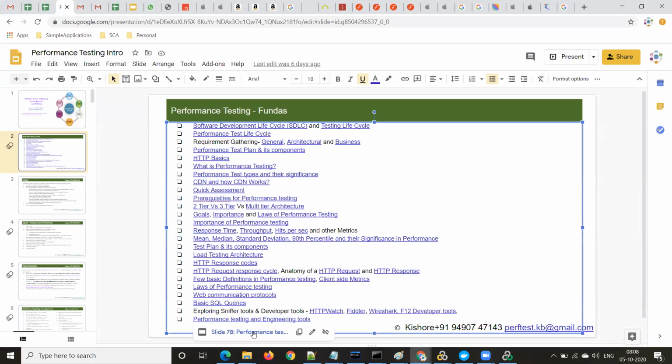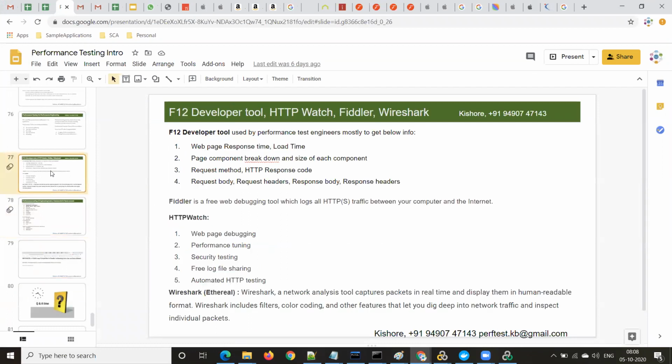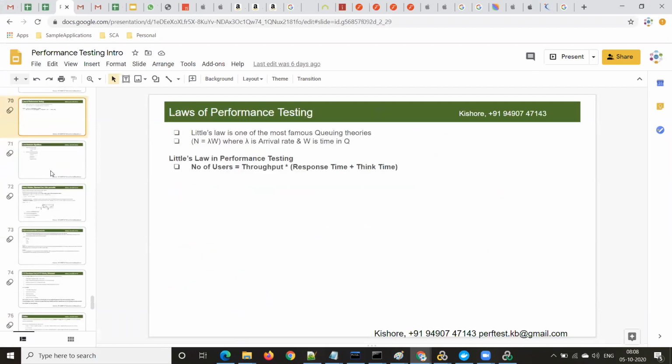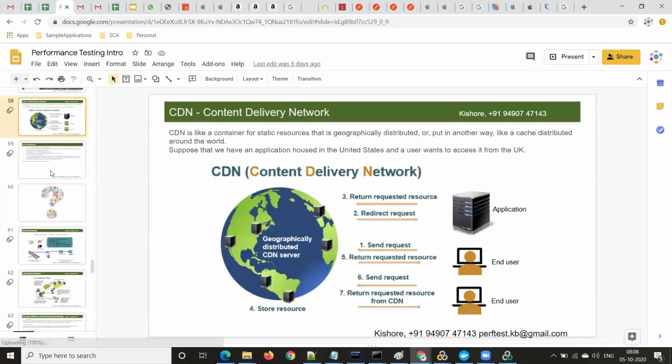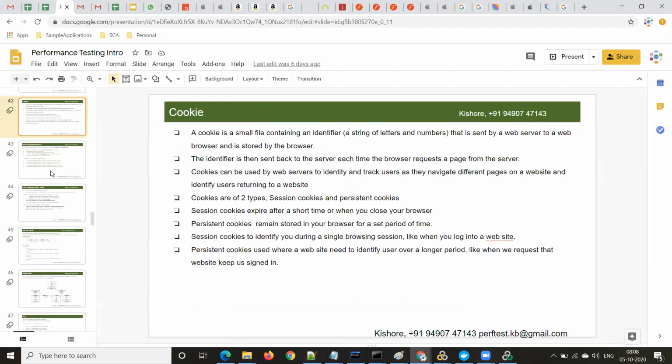Slide for this. Anyone remember where is that slide?